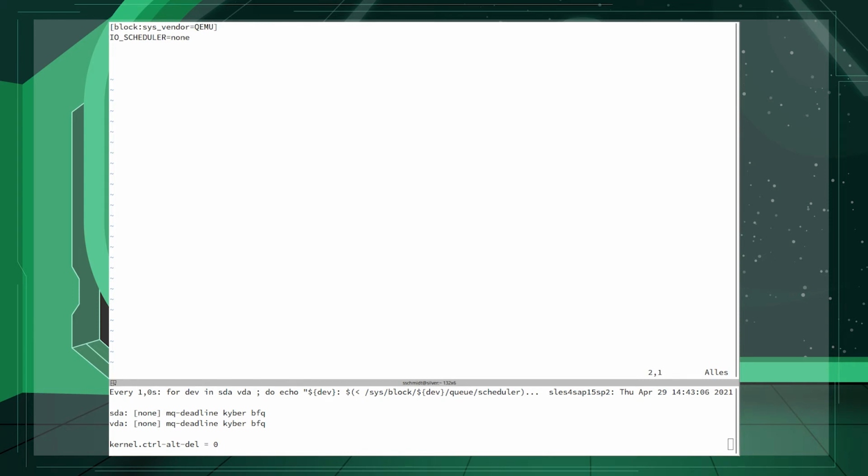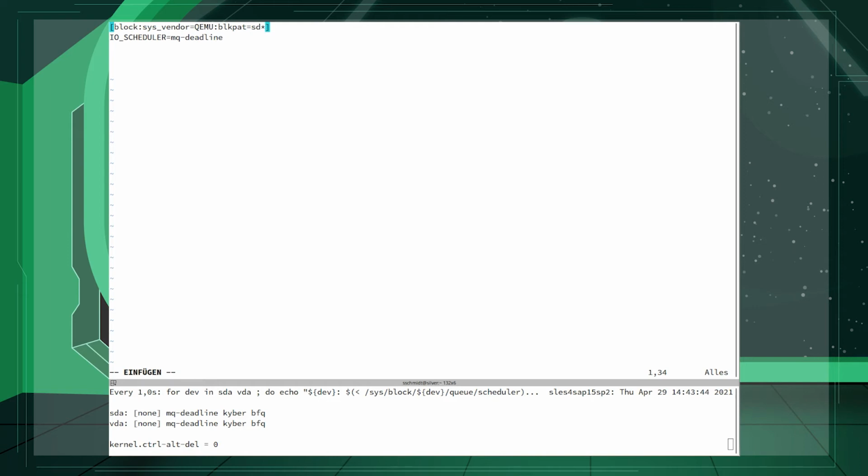So my goal is to set the IO scheduler to, let's say, mq-deadline. But if I do this now, then all my devices would be set to deadline, but I only want to have this for the SDAs. So I use another tag in my override. There is one called block pattern, and here I can describe device names which should be affected. So in my case, I want everything starting with SD, so we can use wildcards here